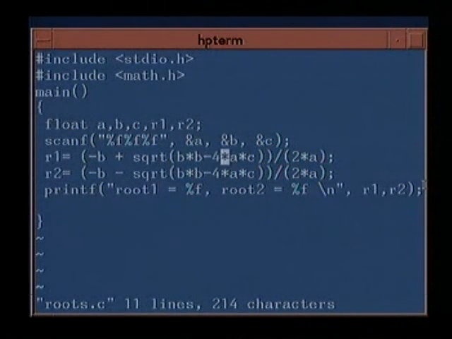I have done this b square minus 4ac twice, I have computed twice a twice, 2 star a, and this is going to put in more effort, and obviously it is going to take more time to do this computation because we are repeating computation. And since efficiency is something that we are seeking to achieve in a good program, we should try and see that we are not doing such things repeatedly.